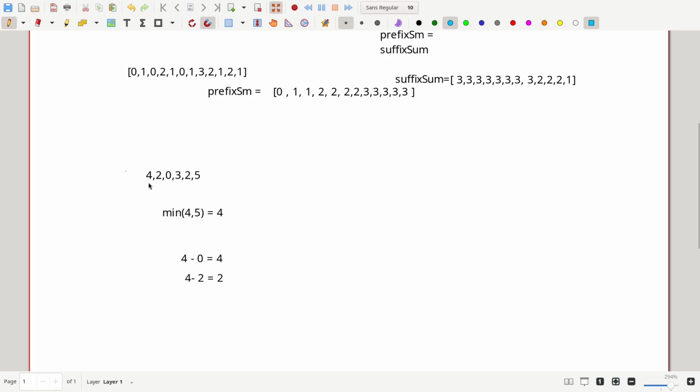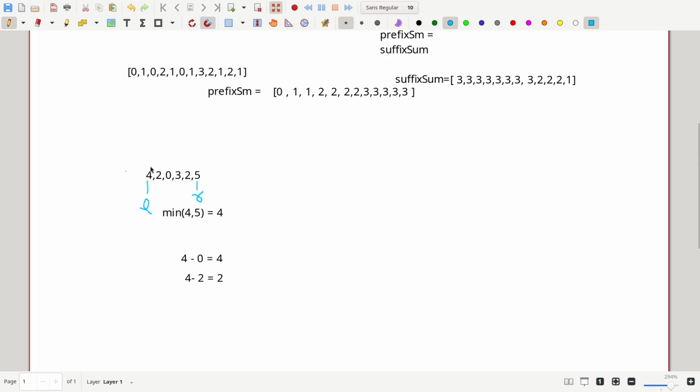So for the two-pointer approach, we take two variables, left and right, pointing to the 0th index and the n-1 index, which represent the highest bars seen so far from the left and the right side. And we always process the side with the smaller height, because the smaller boundary determines how much water can be